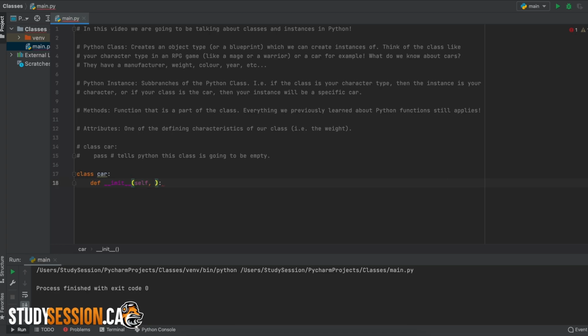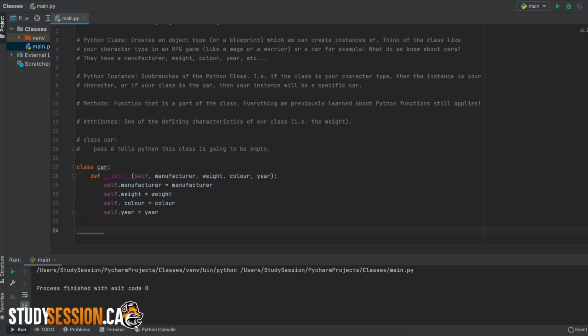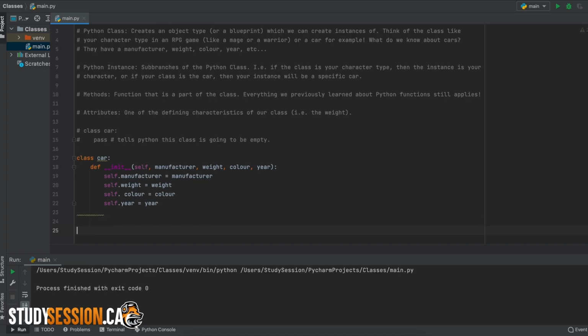Now, any other attributes we wanted to define for this class can be added as parameters here in our init method, like so. Let's add everything we listed earlier in the video about cars here now. Now, we just need a few statements that will take in the argument given to the init method and allow that to equal a variable, like so. Now we have our car class created, which remember is basically just a layout or a blueprint, if you will, for our future instances of that class.